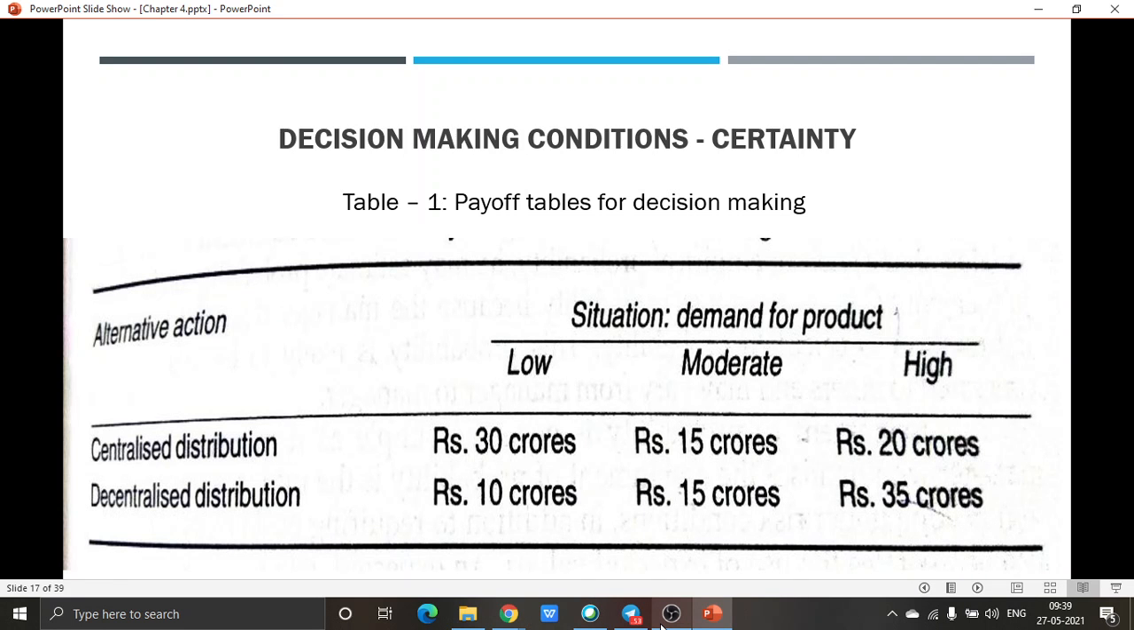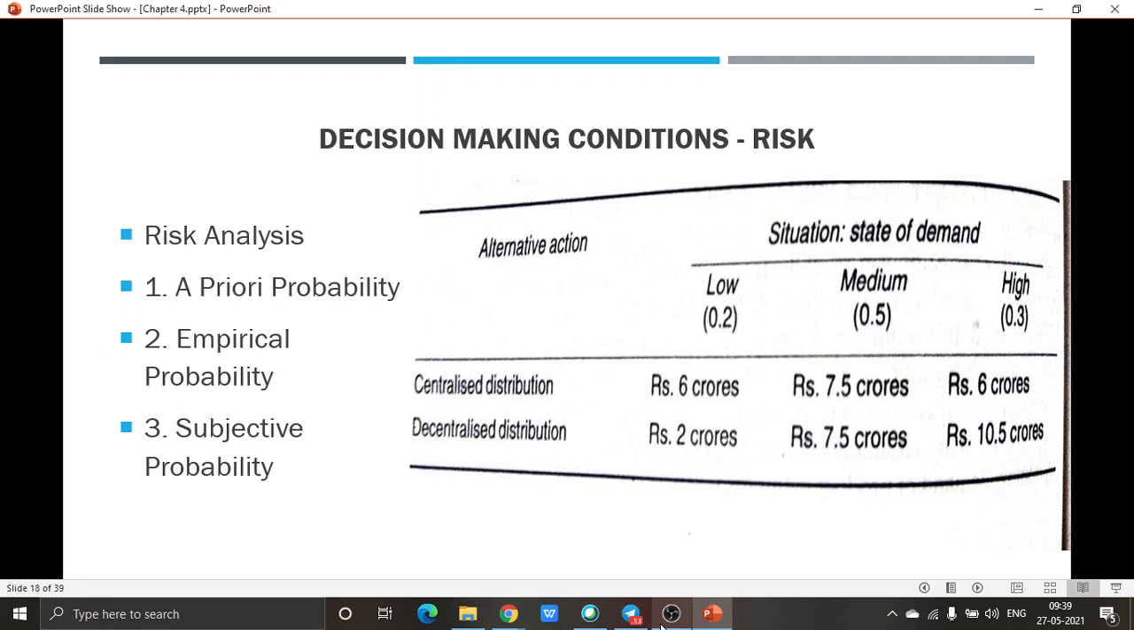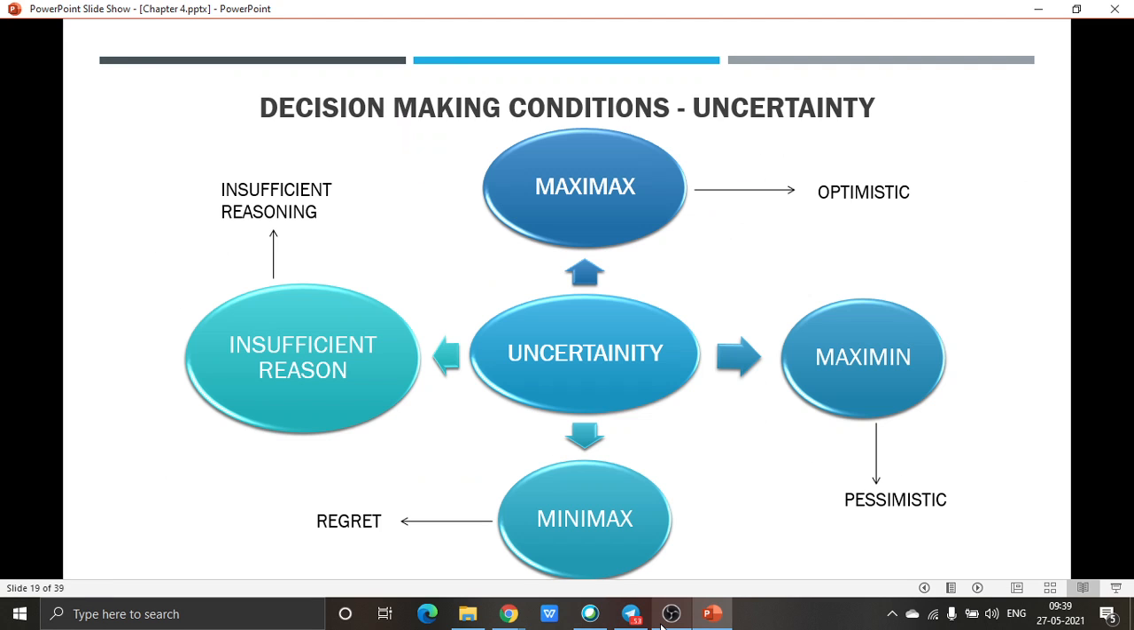Now, this was the example for decision making condition under certainty. This particular slide we explained regarding decision making condition under risk. Then with this particular slide we spoke regarding decision making conditions under uncertainty, that is when it is maximax, when it is